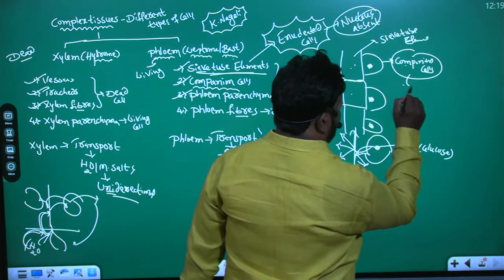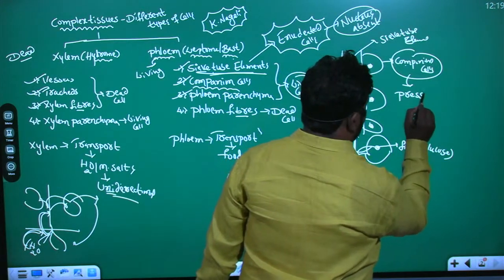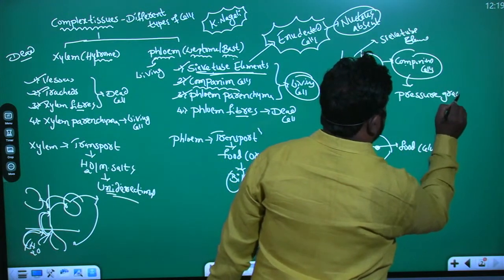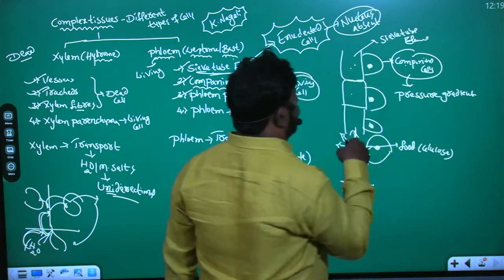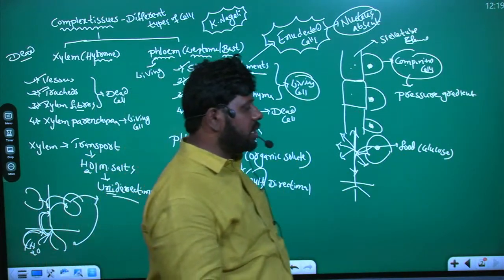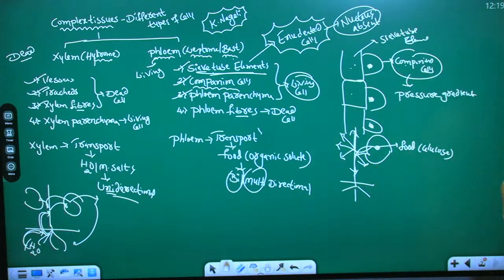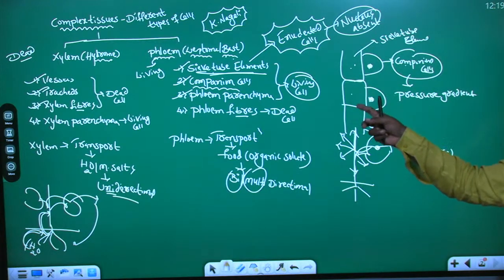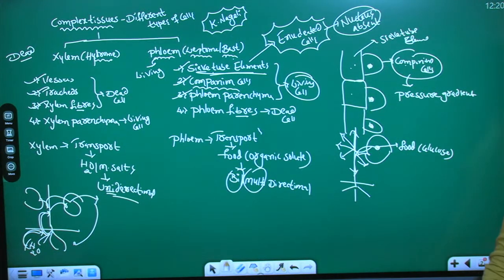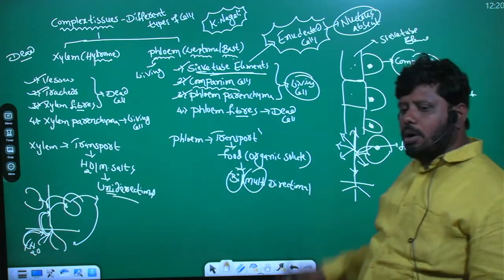Companion cells also maintain the pressure gradient in sieve tube cells. For example, if we separate the companion cell from the sieve tube, what happens? The pressure increases in the sieve tube, then finally it undergoes burst. So to maintain the pressure gradient, whatever pressure is required is maintained by the companion